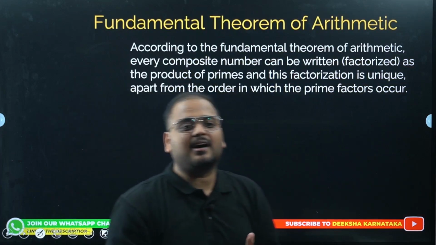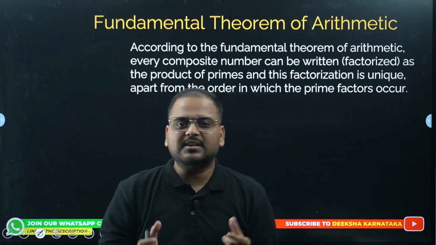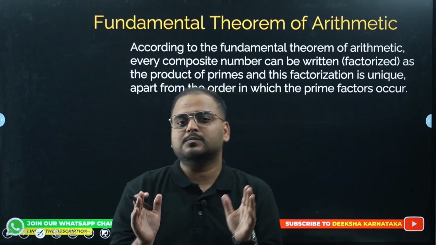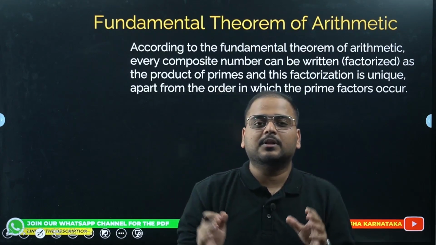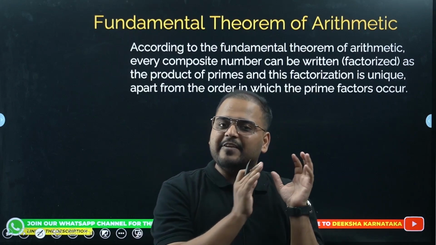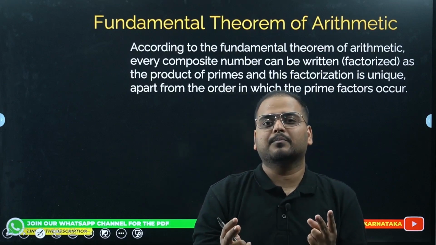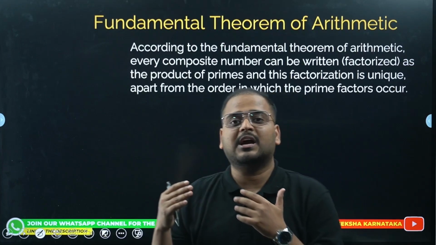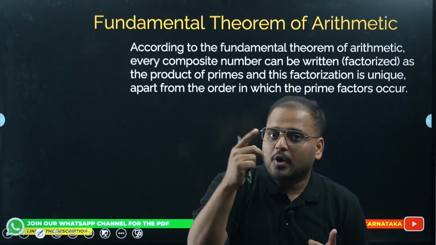So the first thing that comes in this chapter, real numbers, is the fundamental theorem of arithmetic. What is it? The definition is given on the board. You can read from it. I'll try to explain in the simplest word possible. This statement of the theorem of arithmetic is very simple. We have two types of number, composite and prime. It states that every composite number can be expressed as product of prime numbers. Okay, it can be 2 prime number, it can be 3 prime number. Any composite number that we know can be expressed as product or can be factorized at product of prime numbers.